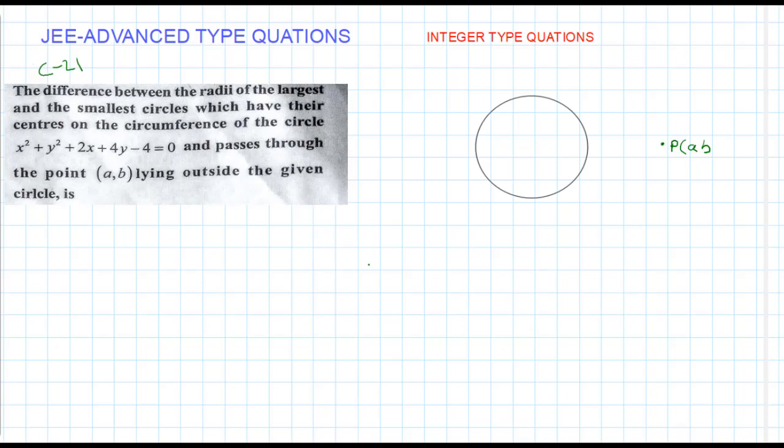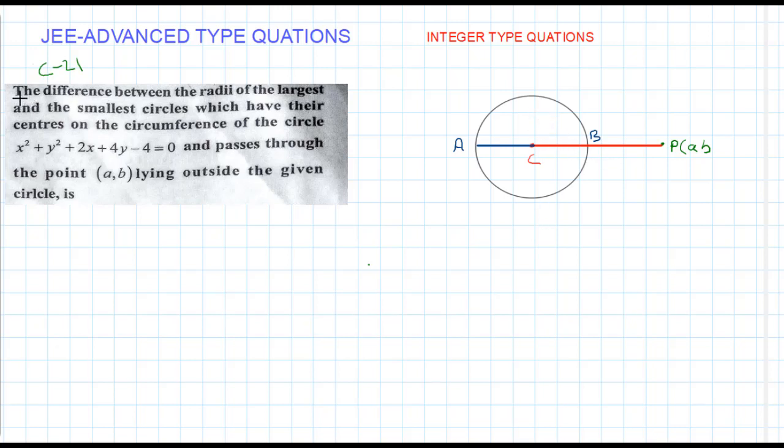Okay students, in this problem this is the center of the circle, say C. So what should we do? First of all, join C and P. Next we need to extend backward in a straight line. So for example, this is A and this is B. Then AP becomes the farthest distance from the circle to P and BP becomes the smallest distance from the circle to P. Based on this concept, we want to solve the problem.